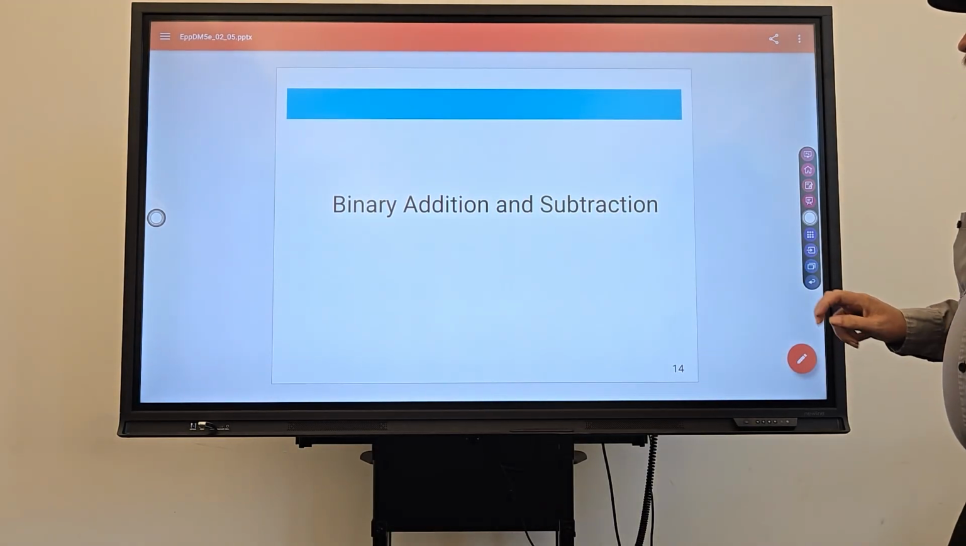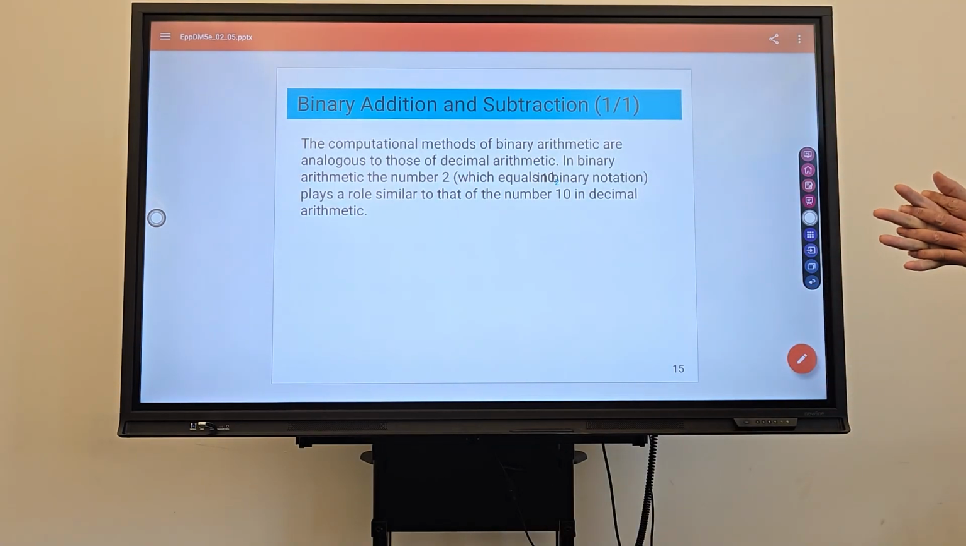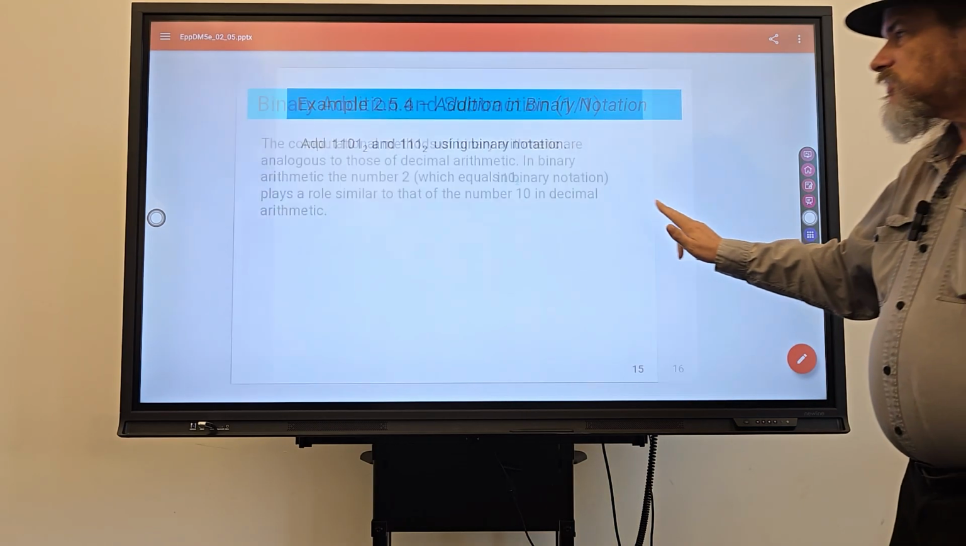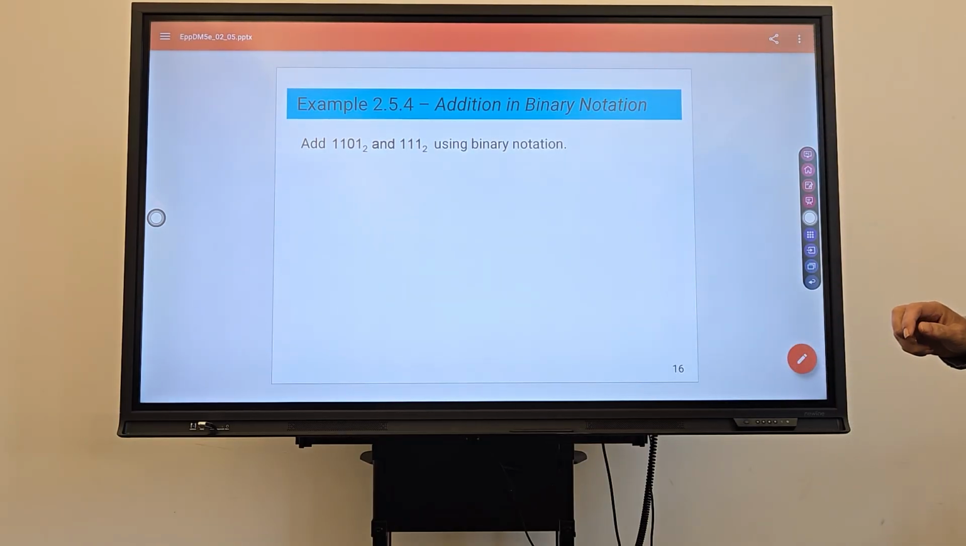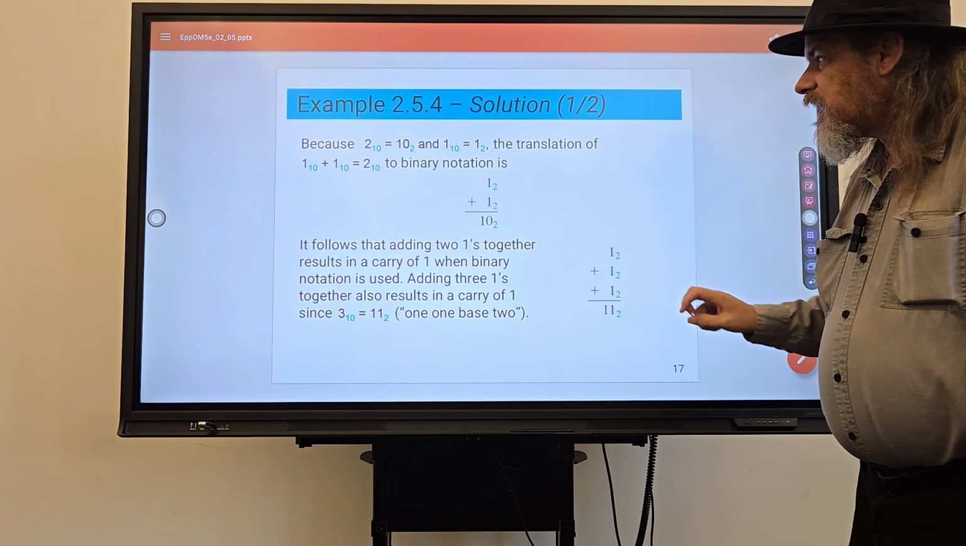Binary addition and subtraction. Now, the computational methods for binary arithmetic are analogous to those of decimal arithmetic. In binary arithmetic, the number 2, which equals 10 in binary notation, plays a similar role to that of the number 10 in decimal arithmetic. So, add these two numbers together. To do that, you